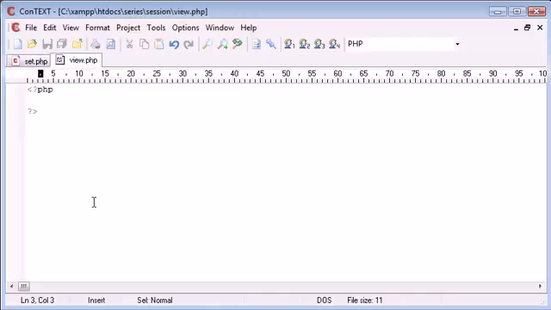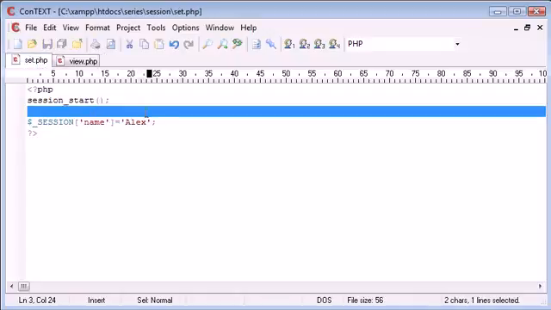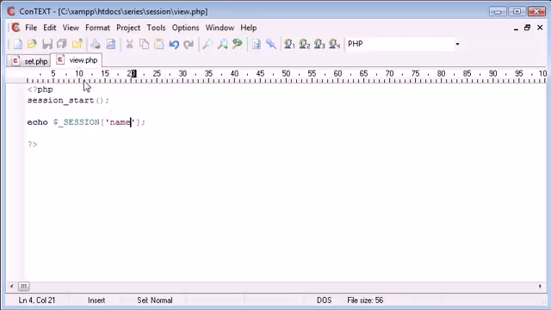So what happens on view.php when we want to return this data to the user? Usually you would have to include this file inside this file, so include set.php when we're working with variables. However, because this is session data and it's stored on the server about us, you don't need to. So session_start, make sure you include that even when you're reading back variables. Then we can simply echo $_SESSION['name']. What this is going to do is take this stored variable inside this session called name, and